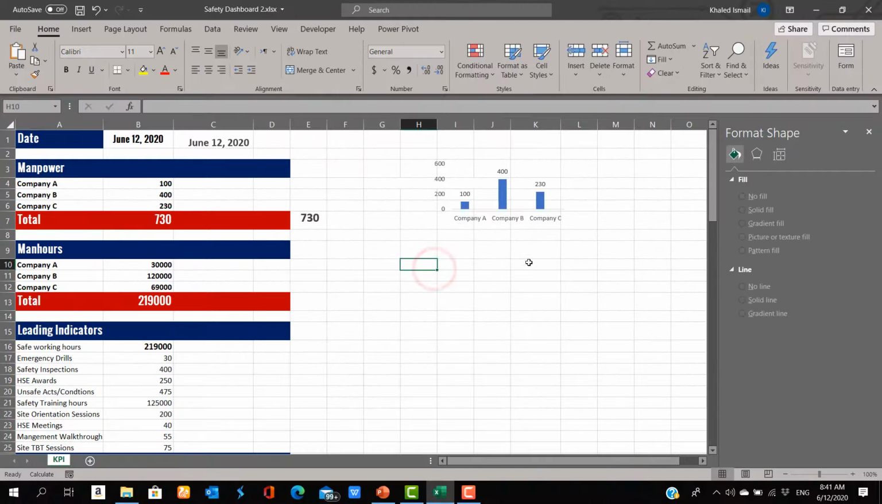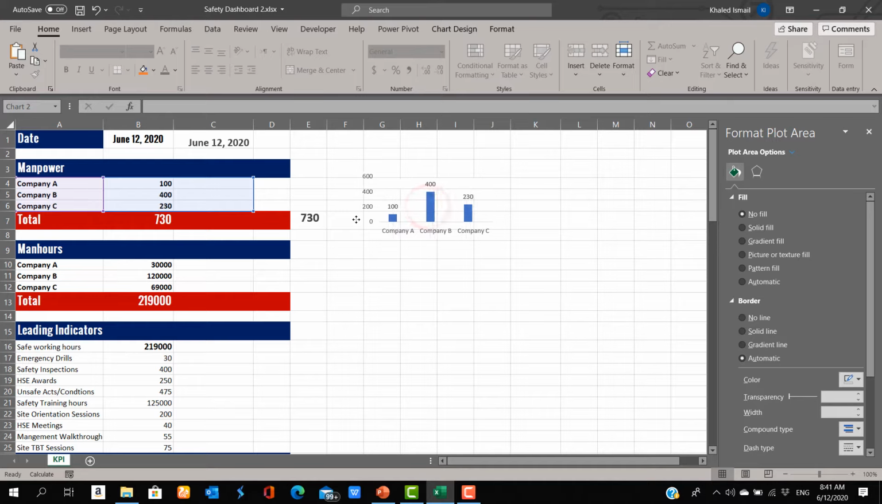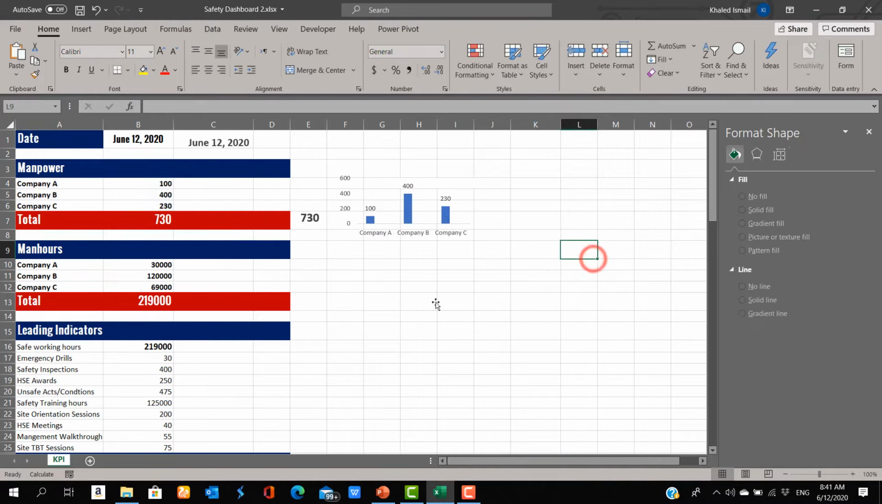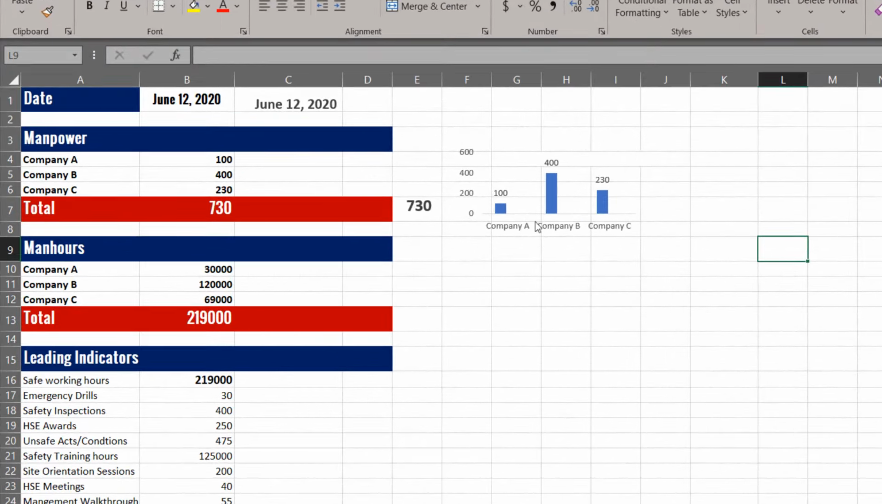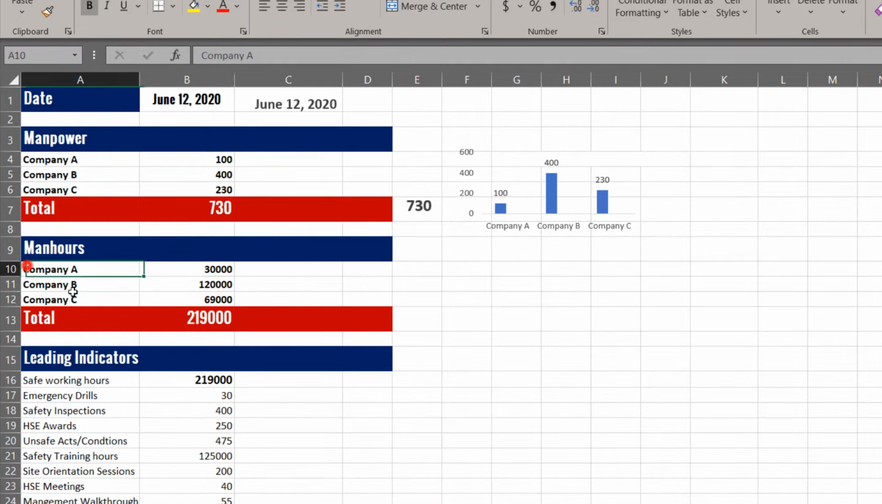Okay, so now we have manpower already, our data we've used, first chart, and the total manpower. We'll insert it here, put it here too. The same, we'll go to man hours, but with a different type of chart. We'll show, for example, I can take man hours,